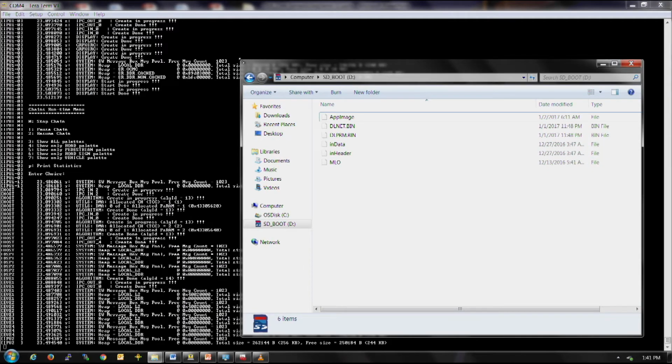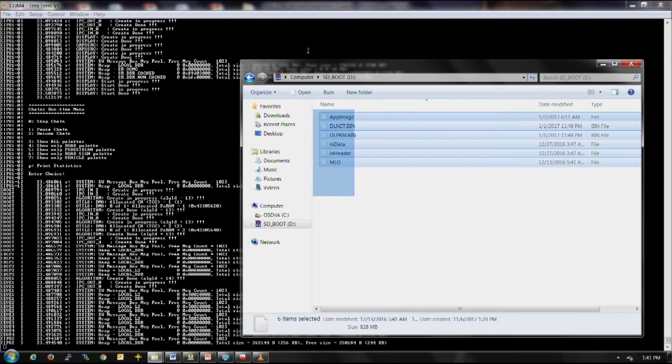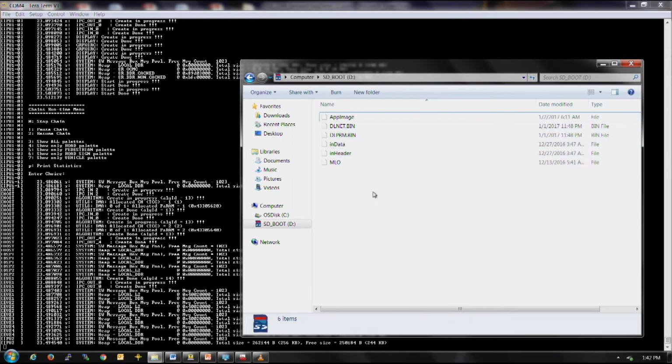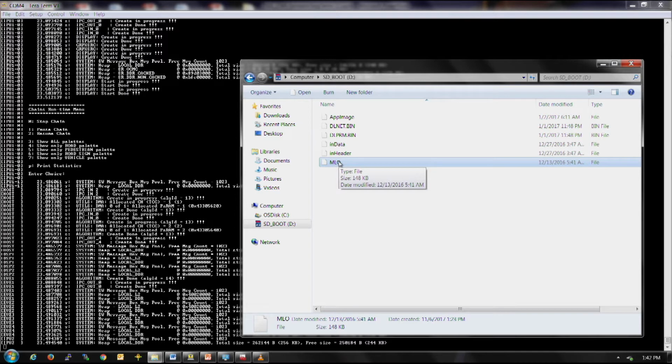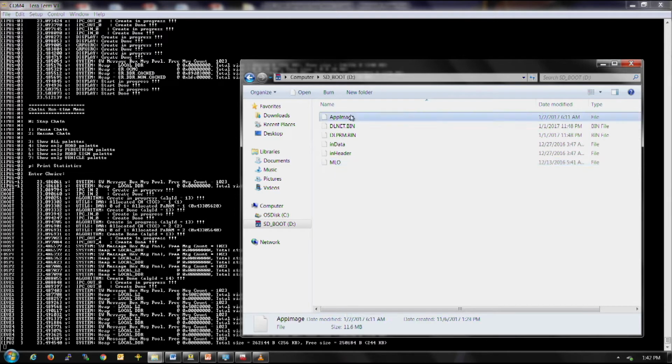In the SD card, I have the following files copied from the Vision SDK release. Just to give you a quick overview about these files, first we have the MLO, which is the standard bootloader. Then the app image, which is the application image, which loads on all the processing cores and is responsible for loading the deep learning network, the parameters, and running the actual application.